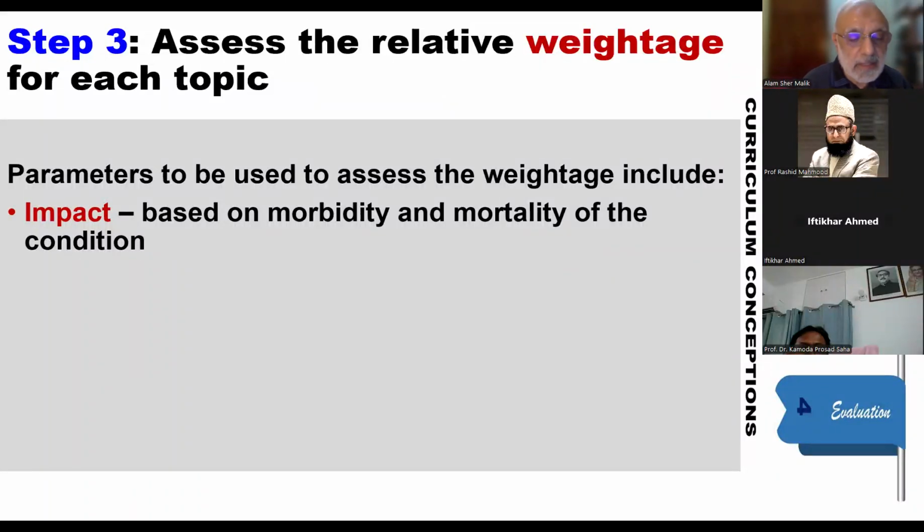Of course, the severe conditions having high morbidity and high mortality, that would be the impact. So for every condition or every topic from that exhaustive list, we have to look at